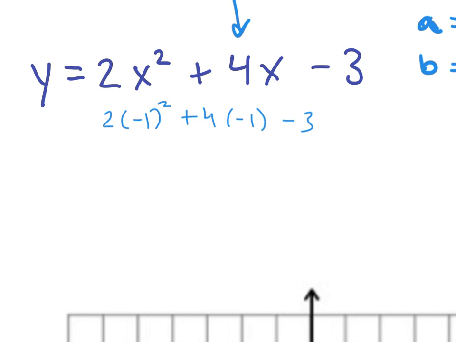What's negative 1 squared? 1. And what's 2 times 1? 2. What is 4 times negative 1? Negative 4 and negative 3. So